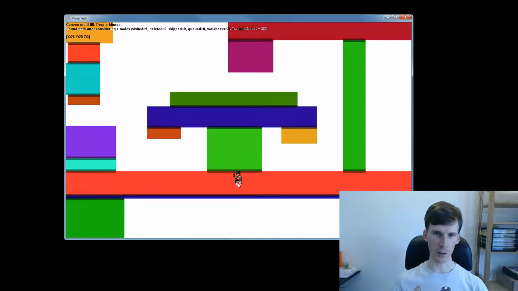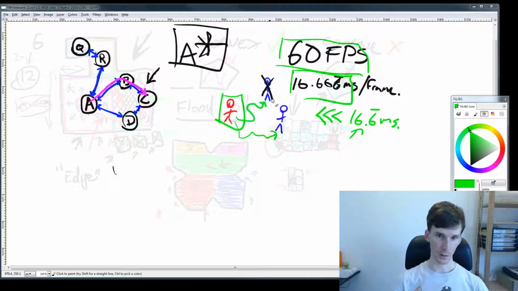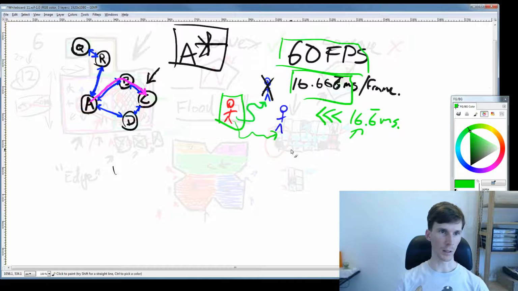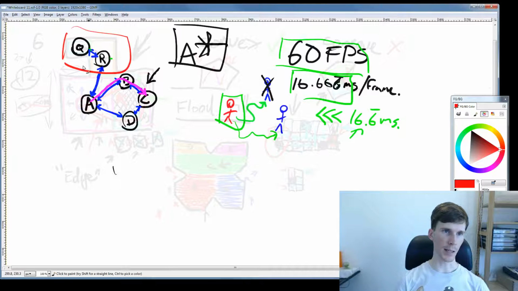And so what we're trying to do is, as much as possible, reduce the number of nodes in the graph that we search through. So you can see here that we have 1, 2, 3, 4, 5, 6 nodes. If we're just going from A to C, it'd be really great if we never had to look at those nodes, and we just looked at nodes that are sort of vaguely in the right direction,